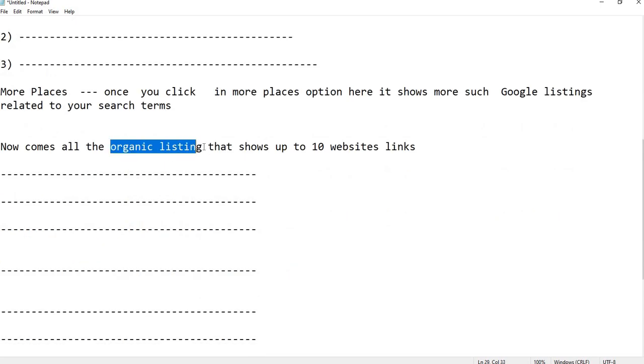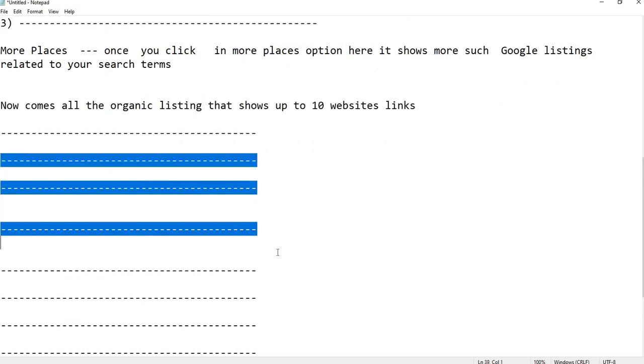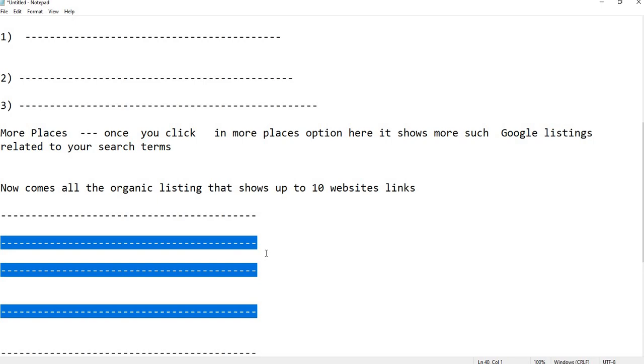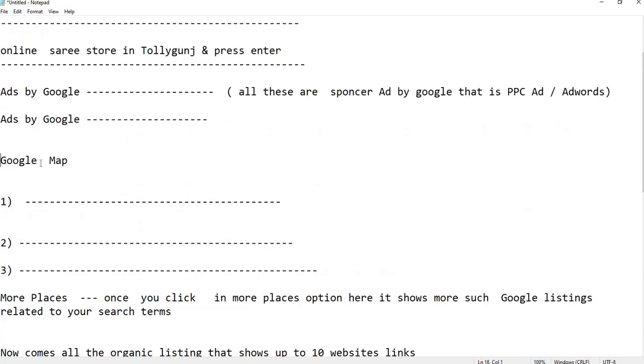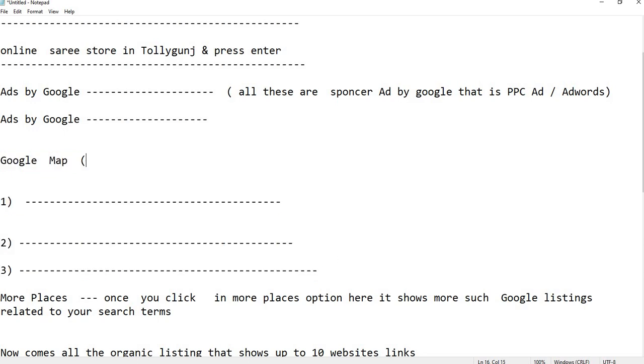It is called organic because this listing ranking is shown universally on a pan India basis, but this Google Map listing is shown in the local area only, because Google Map is also known as local SEO listing or optimization.